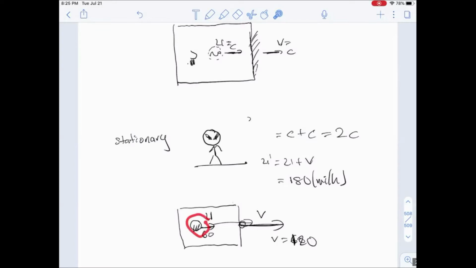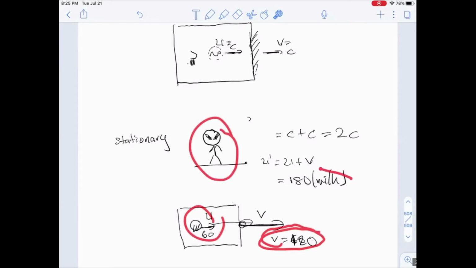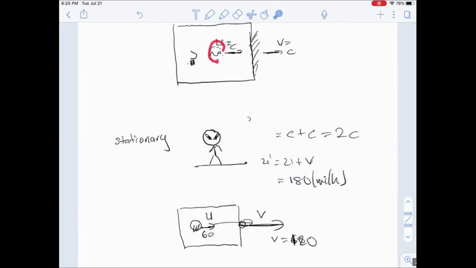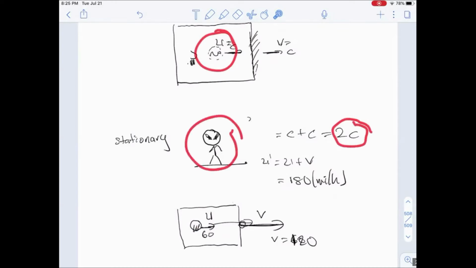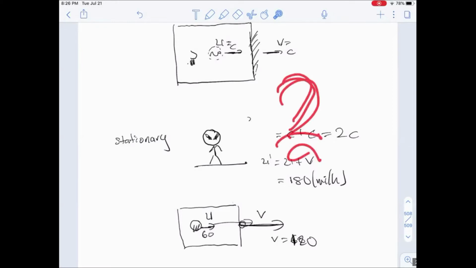All right, so the ball is moving at 60 miles per hour relative to you in a vehicle which is moving 120 miles per hour relative to the space alien. So the ball is moving at 180 miles per hour relative to the space alien. That makes sense. So the light is moving at the light speed relative to Einstein, as Einstein is moving at the light speed relative to the space alien. So what that means is this light has to move at double the light speed relative to the space alien, and boom, everything broke down. We end up reaching an impasse, guys, at this moment. All right, so where do you go with this?